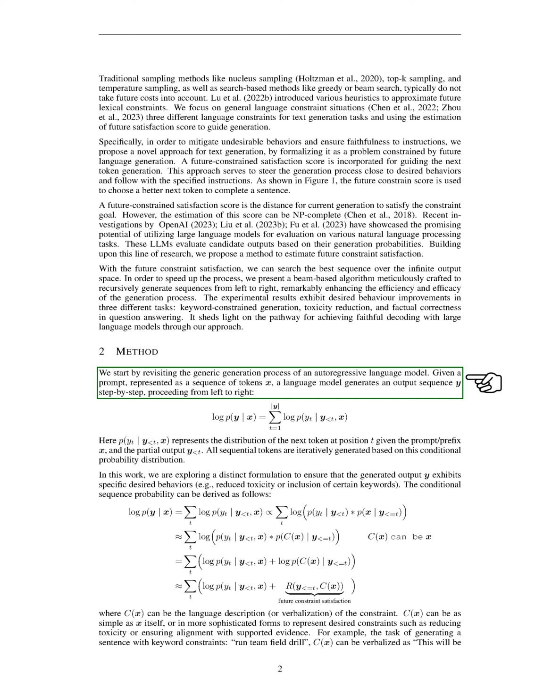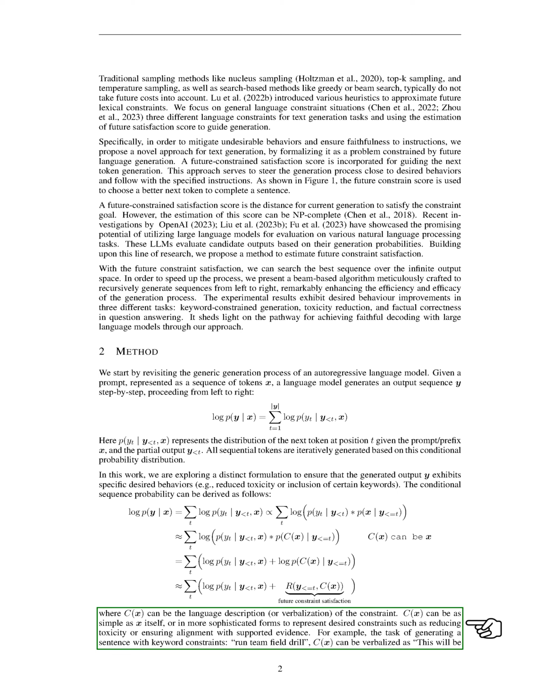When a language model generates text, it does so step by step, from left to right. It uses the given prompt and the text it has already generated to predict the next piece of text. In our work, we're tweaking this process to ensure the generated text exhibits specific desired behaviors, like reduced toxicity or the inclusion of certain keywords. We're doing this by modifying the conditional sequence probability, which is the probability of generating a particular sequence given the prompt. We're introducing a future constraint satisfaction score into this probability, which measures how well the generated text aligns with